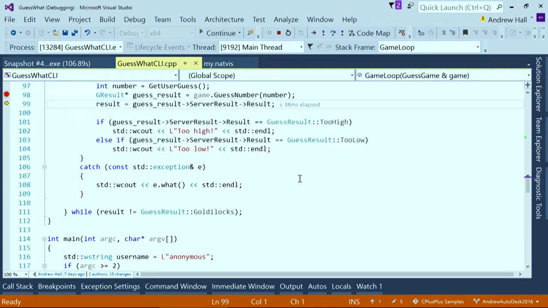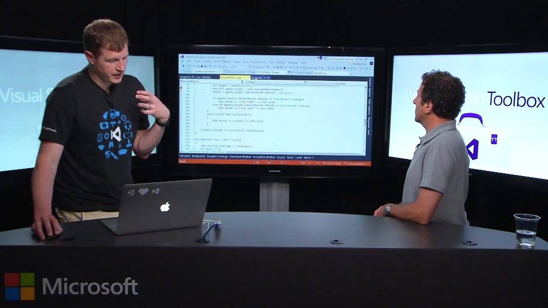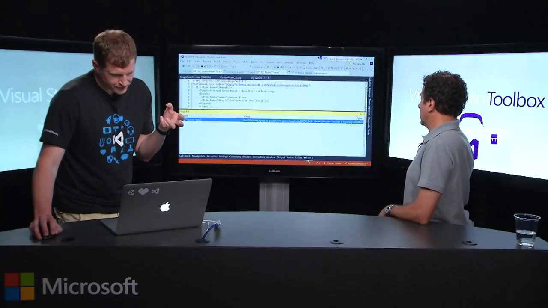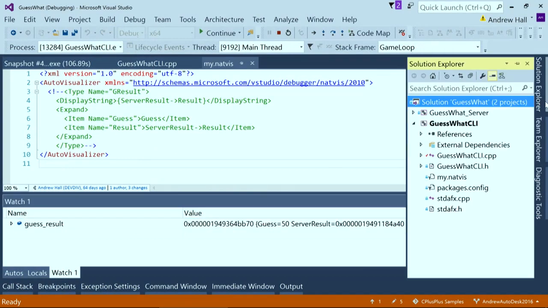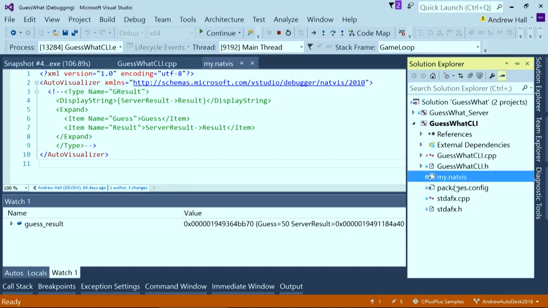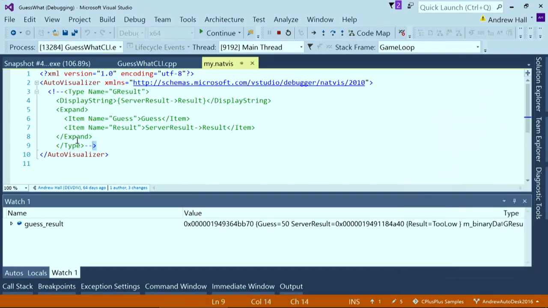If I want to tell the debugger how to visualize this and present it in a nicer fashion, I can add what's called a NatVis file. That's an XML way to describe the way that I want the debugger to present this. New to 2015, you could always do a NatVis, but you used to have to go down into the Visual Studio installation directory under Program Files and modify the built-in NatVis file. We added the ability to simply add it into your project. So you can see I just have my .natvis in the root of my guess what CLI project. And when I uncomment this,